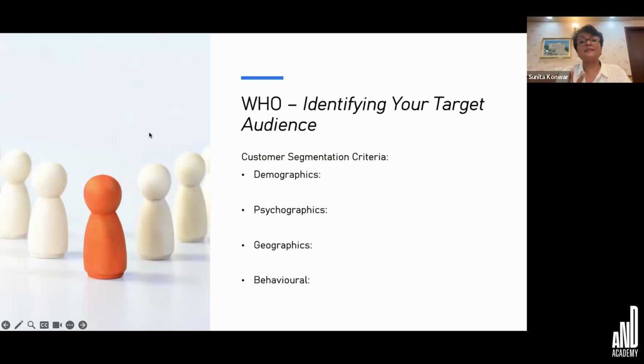Now, when we talk about customer segmentation, what do we need to understand? First and foremost, the demographics. What exists in demographics? It is the age of the customer. Who am I making this product for? What is their age? What is their gender? Male, female? What is their income group? They should have the ability to buy. What is their occupation? What is their education level? So these are questions that I need to understand before I even think of launching my product.